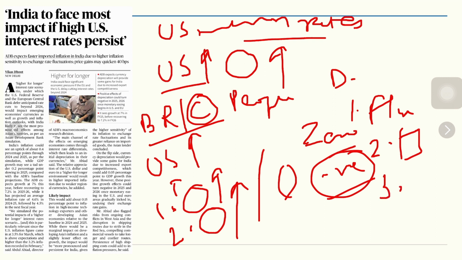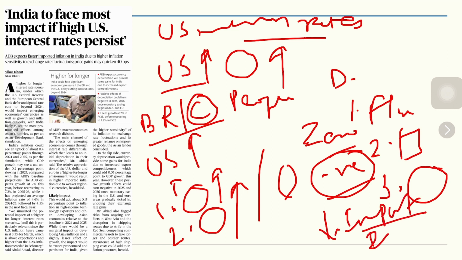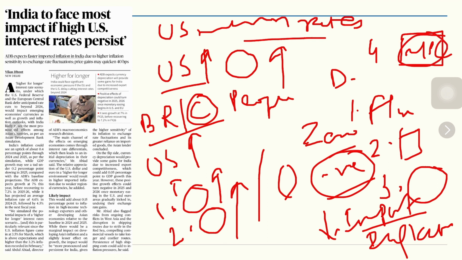Number three: our exports will become a little more competitive, but because of currency rate fluctuations, the imports will become higher. And once the imports are higher, our inflation would increase, because you know how much imported inflation a developing country actually has. Once the inflationary pressures are higher, the monetary policy will take measures to curb them by tightening the interest rates.